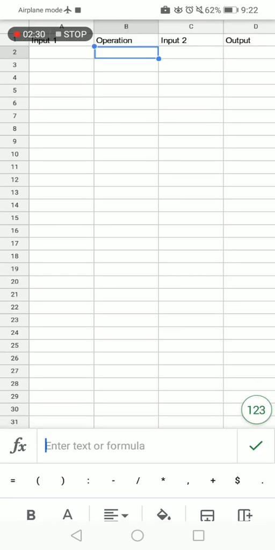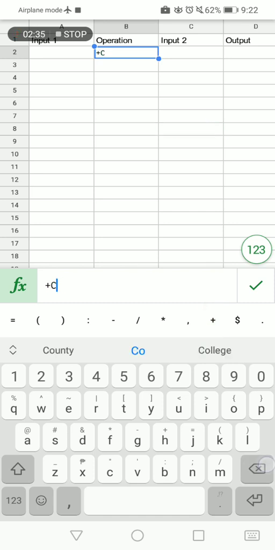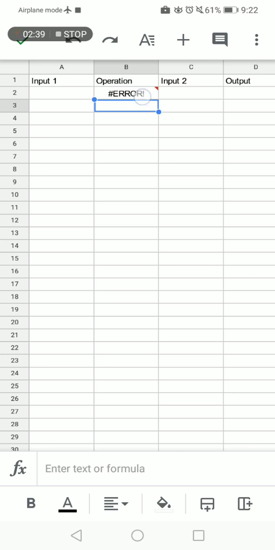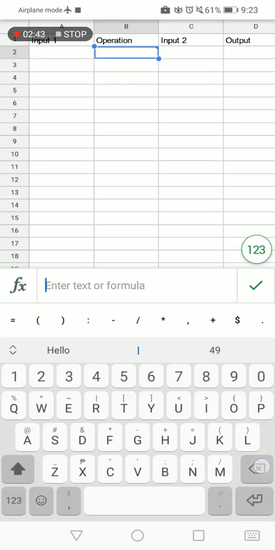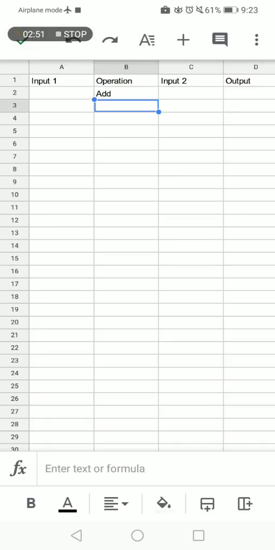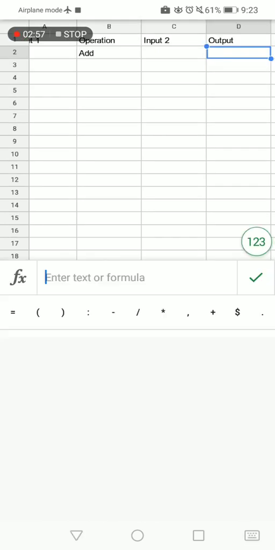So we will start with the plus sign here. So this will be for the plus sign. Or if the symbol is having conflict, you can just say plus or addition or add. So for the output, if you're going to add a formula,